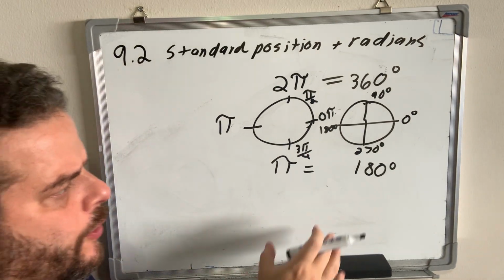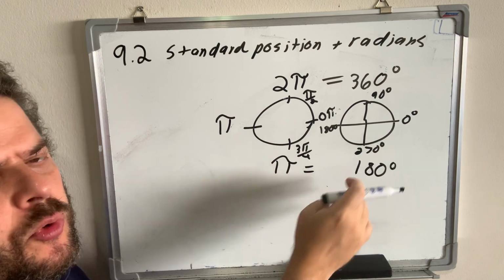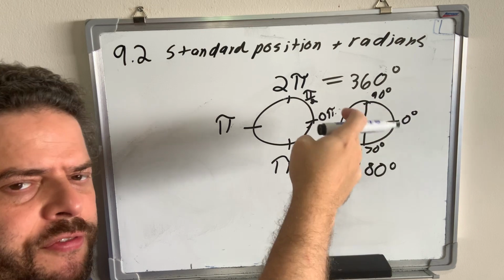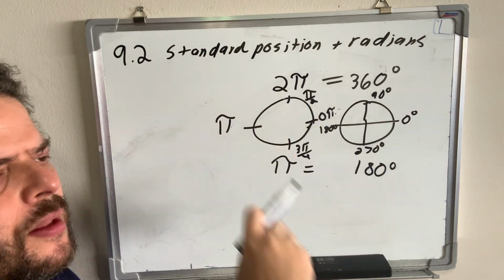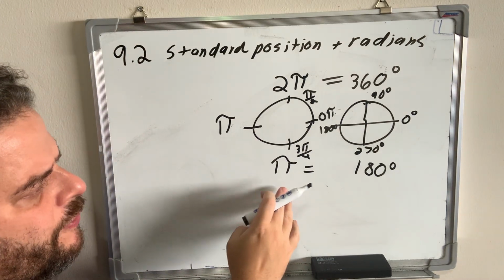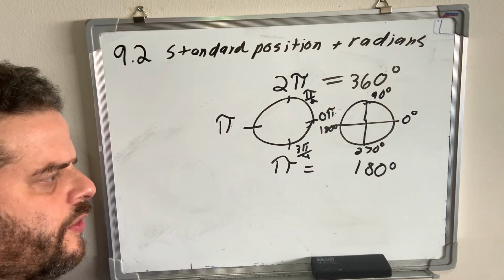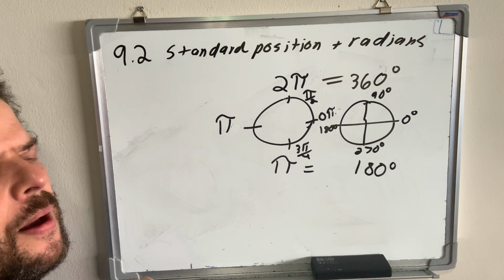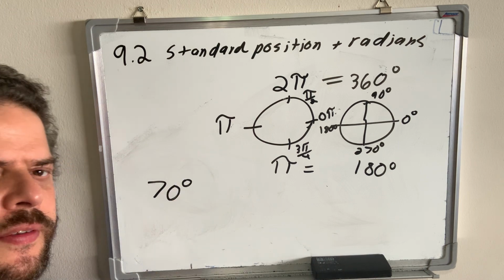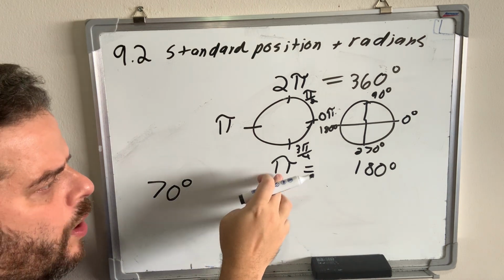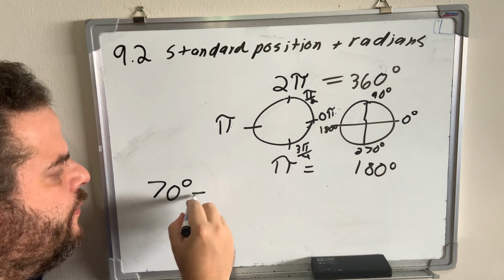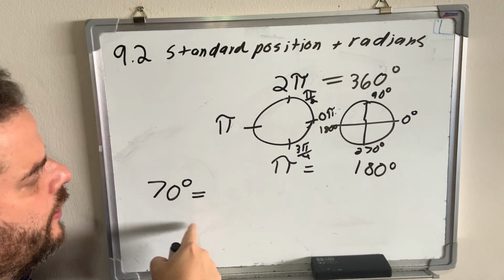But right now, in order to convert, know that 1 pi equals 180 degrees, and just like you can break up the circle into different degree measurements, we can also break up the circle into different radian measurements. Now, when we're going to convert radians to degrees or vice versa, there's a very simple method. Say, for example, they give you 70 degrees. We know that 1 pi radian equals 180 degrees. So all you have to do is equal that to